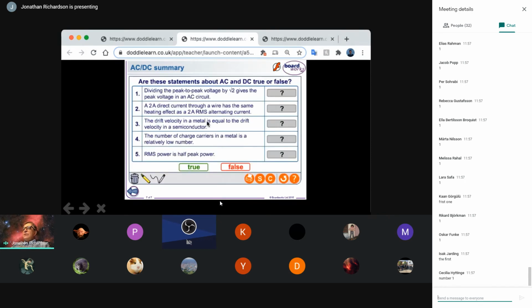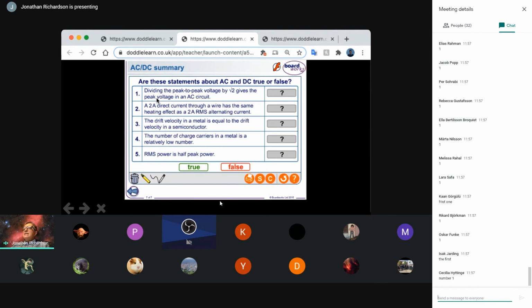It's important that we understand how we calculate peak to peak from peak voltages. Let's see if that is correct. A term you'll see here, and I want you to answer these, all 5 of these. Send me this solution in the